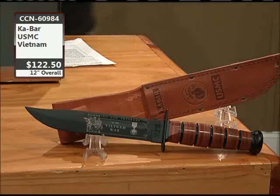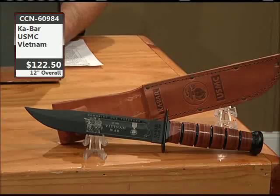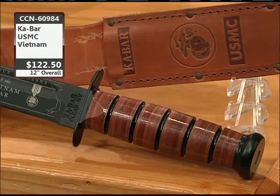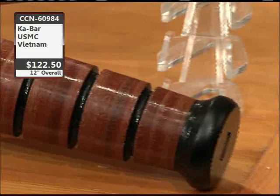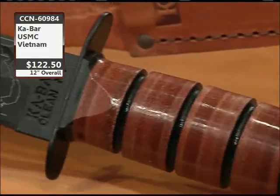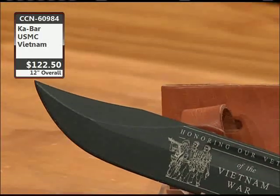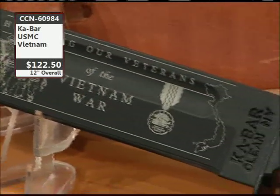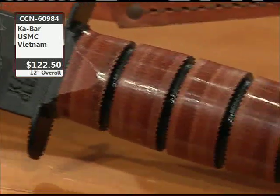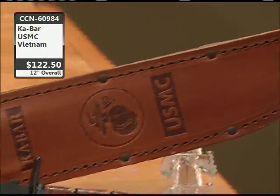This is the Vietnam, okay? And right there is a campaign badge. It would be in color, that bright green that you know what I'm talking about. Honoring our Vietnam veterans, the Vietnam War. That's stacked leather with the steel blacked out pommel and guard. A lot of Vietnam veterans weren't treated as good as we're treating our veterans today, and I'm glad that has stopped and that we're treating all veterans properly, the way they should be treated. They served the country. K-Bar USMC Vietnam 60984,